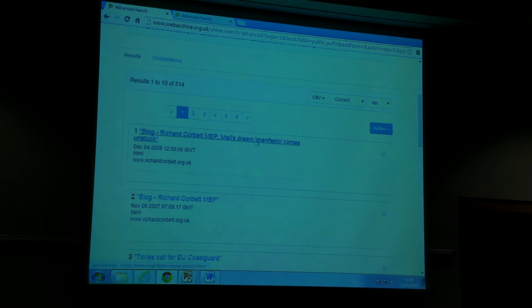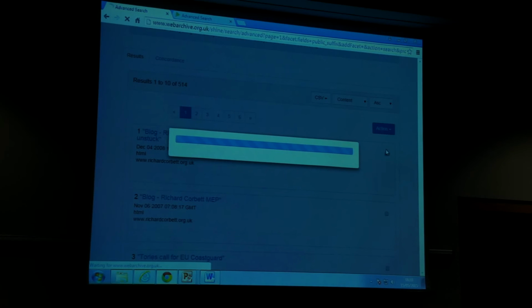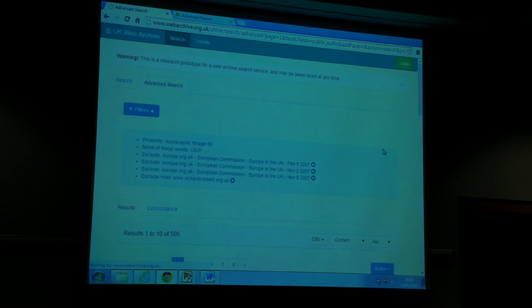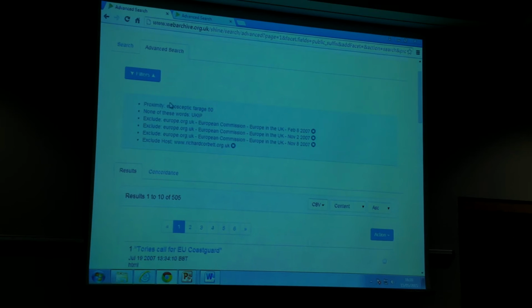As I've come back out of that, maybe I'm not very interested in Richard Corbett, and so I can opt to exclude the whole of that host. So not just this individual result from richardcorbett.co.uk, but actually the whole lot. So out he goes. We should bring it down again. And you notice there's a narrative of what I'm doing at the top here, so you can see what's applied. And if I want to reintroduce any of those, I can click them off using these icons here.